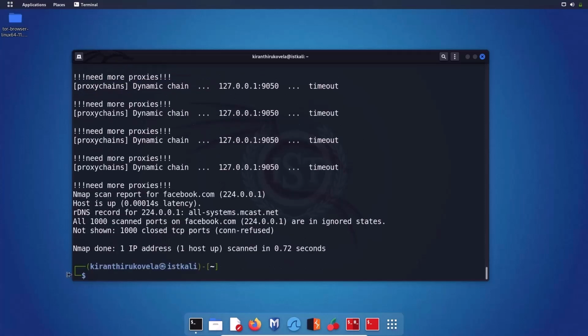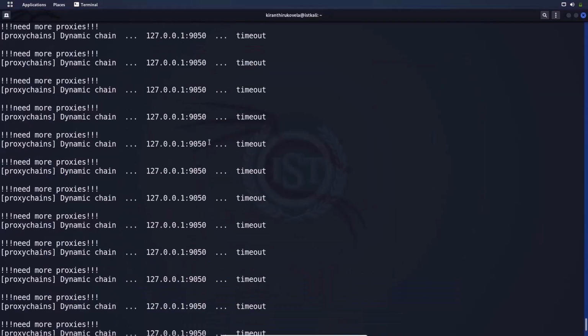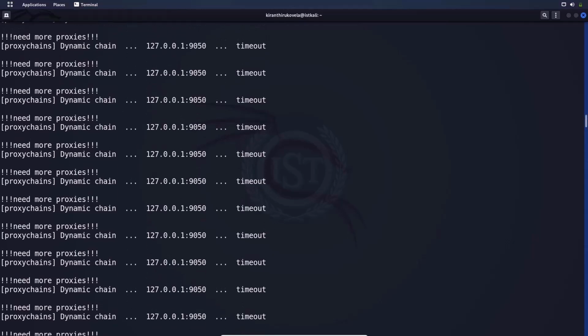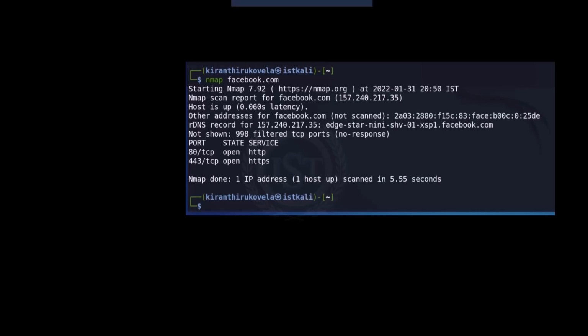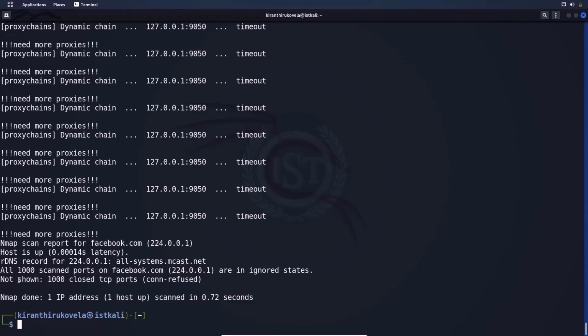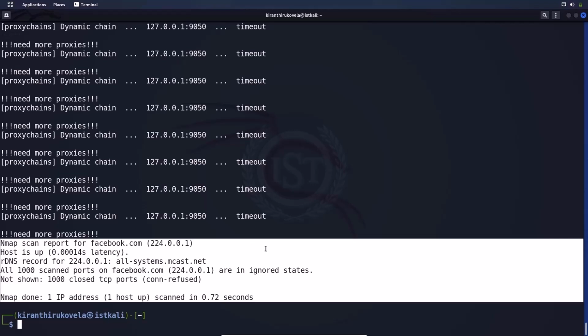Okay, as you can see, one IP address is up, that is of facebook.com, and we are using the loopback address, that is 127.0.0.1 on port number 1950, in order to connect to a proxy chain using a Tor network. So as you can see, these are the nmap scan results, all 1000 scanned ports, but there are no results. Why? Pause the video and try to answer. This was the actual expected result. I am going to tell you after some time why we are seeing this result instead of some ports being open on Facebook. Anyway, we have the scan result. We are going to use nmap extensively in this course.